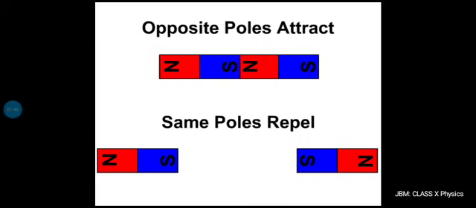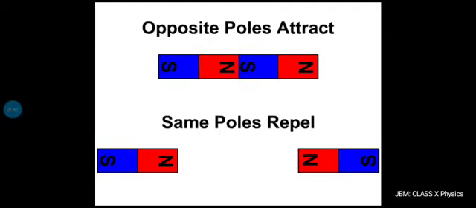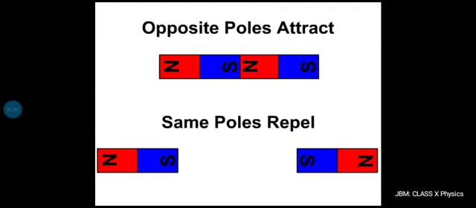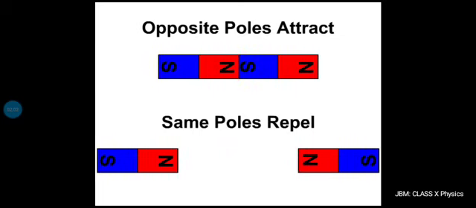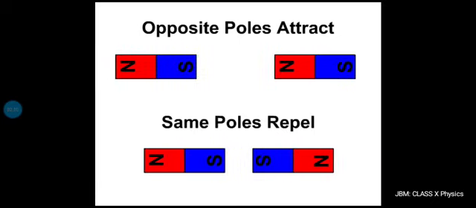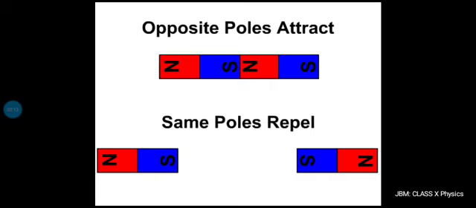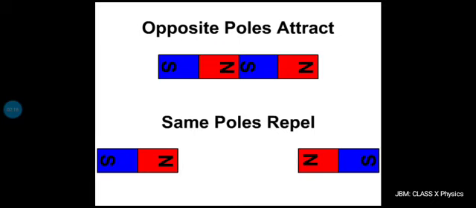Actually, the two magnets are setting up a magnetic field. The magnetic fields due to both the magnets are interacting with each other, due to which either a repulsive force or an attractive force is acting. And obviously, whenever there is force, there is a possibility of movement. That is exactly what we observe. Either it is a repulsive force, so the magnets move away from each other, or there is an attractive force, and then the magnets move closer.